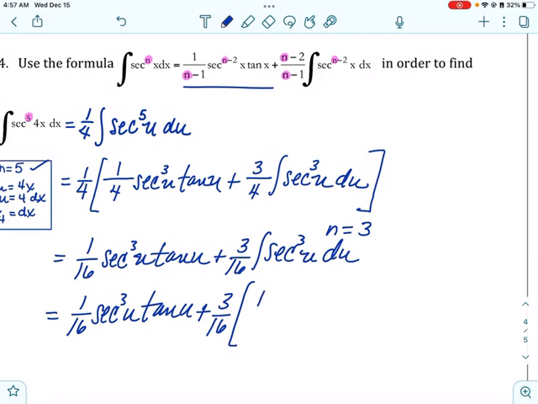Now I'm using the formula up here, starting with 1 over 3 minus 1, so it's going to be 1 over 2 secant of 3 minus 2